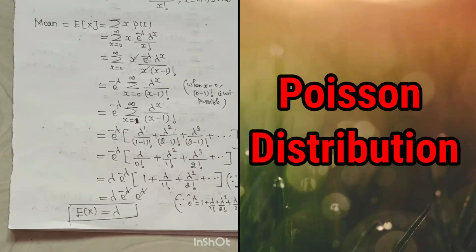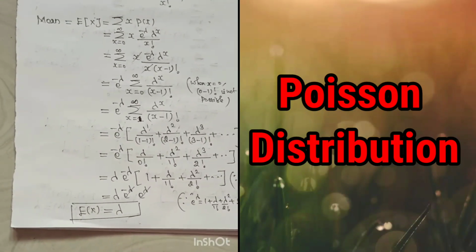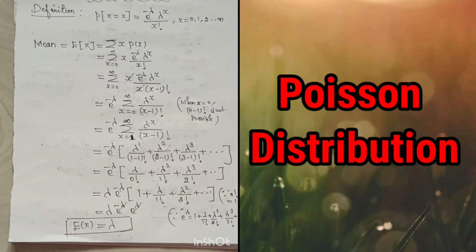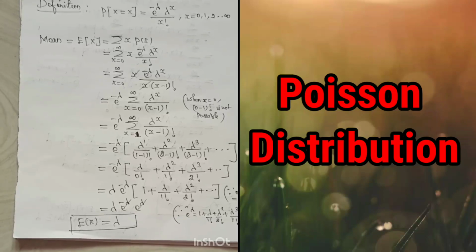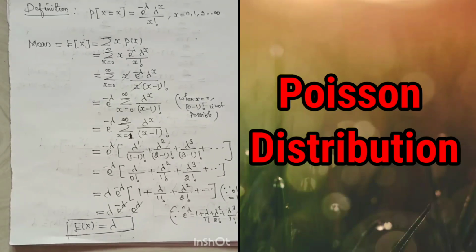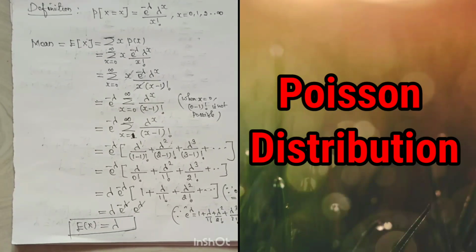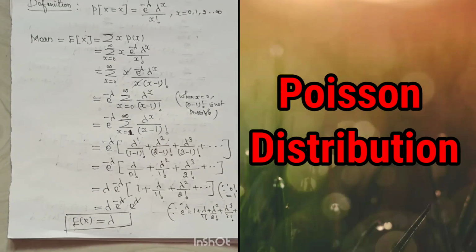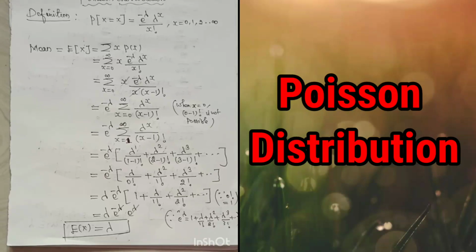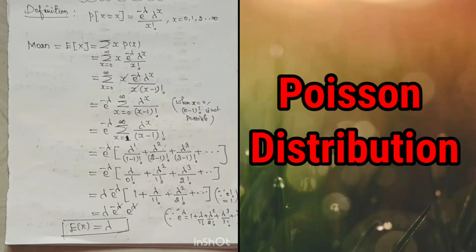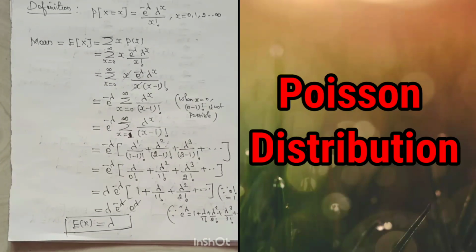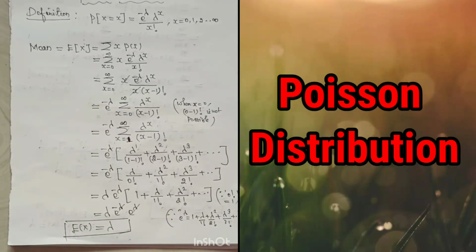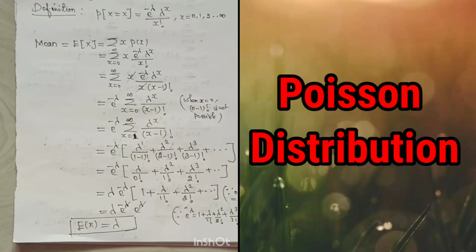From the definition we can write e power minus lambda, lambda power x divided by x factorial. The x factorial can be written as x into (x minus 1) factorial, which gives e power minus lambda summation x equal to 0 to infinity lambda power x divided by